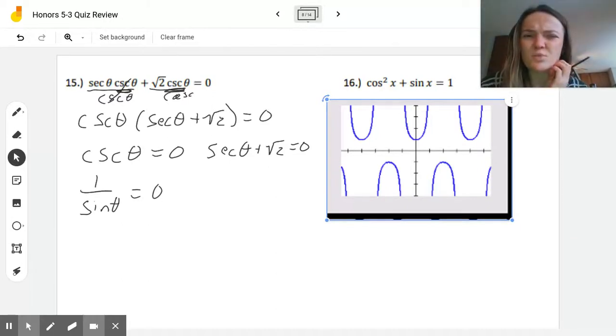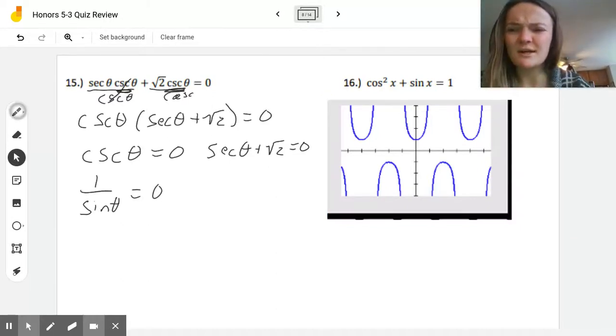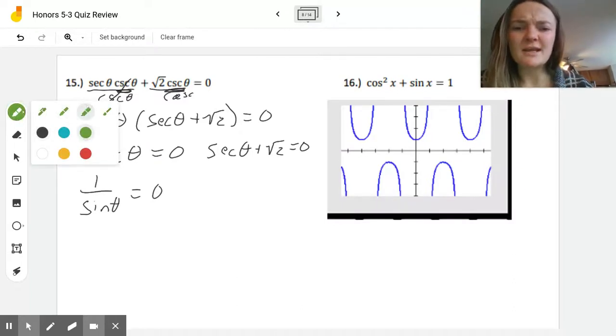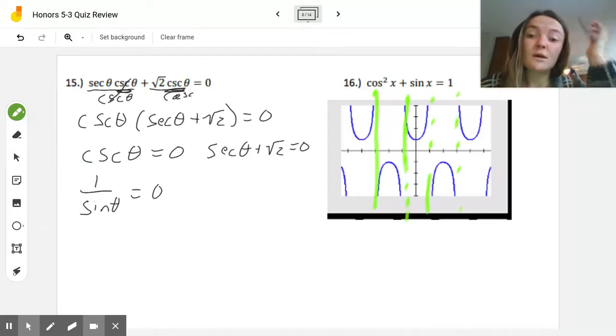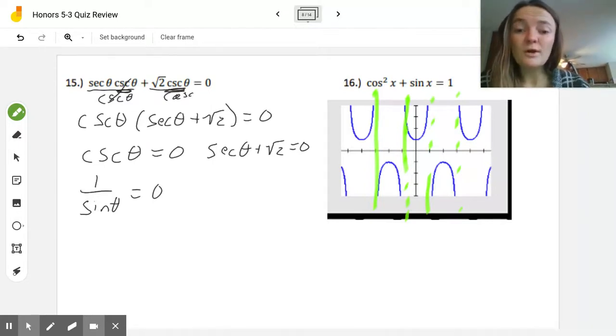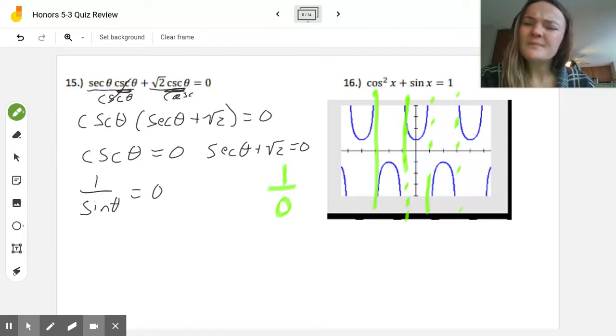In fact, why are there these asymptotes here? Hopefully you guys remember that day that I taught you about the secant and cosecant function. The reason I have these asymptotes here is because if sine of theta is equal to 0, I get an asymptote. I get 1 over 0. In fact, we kind of proved the other day that 1 over 0 is undefined. If I use that first proof, it must be infinity and negative infinity at the same time,